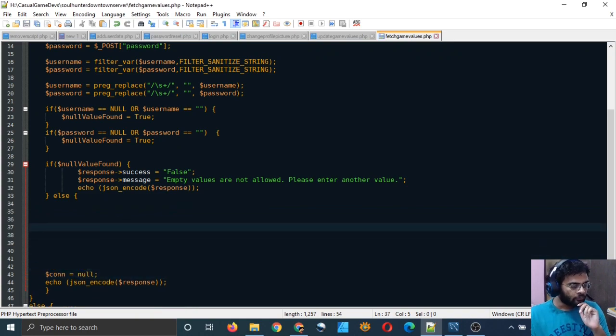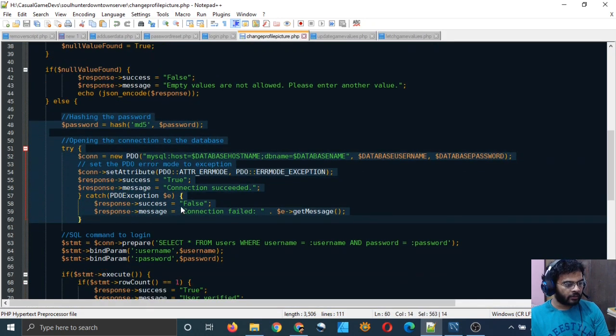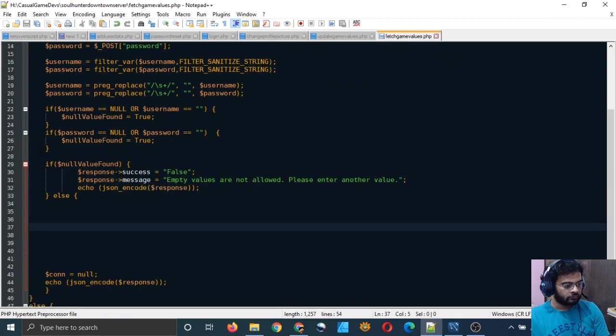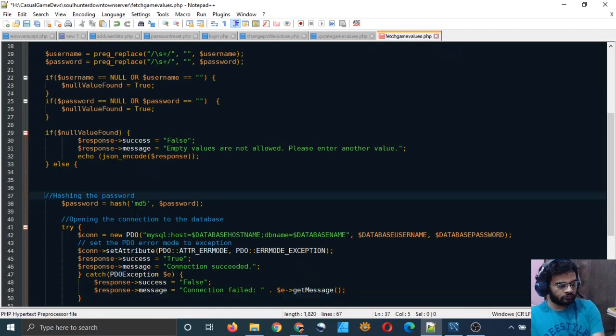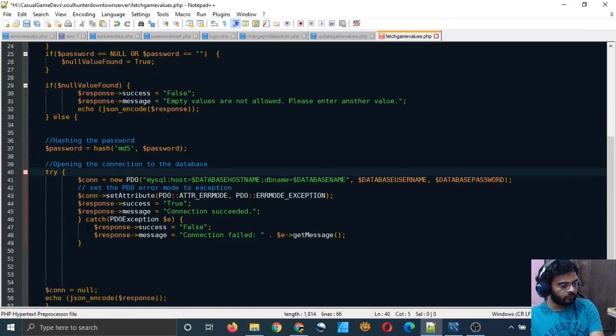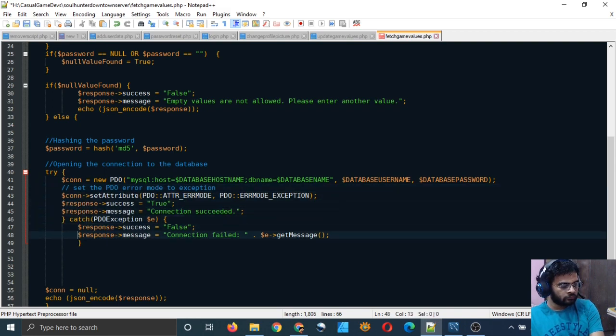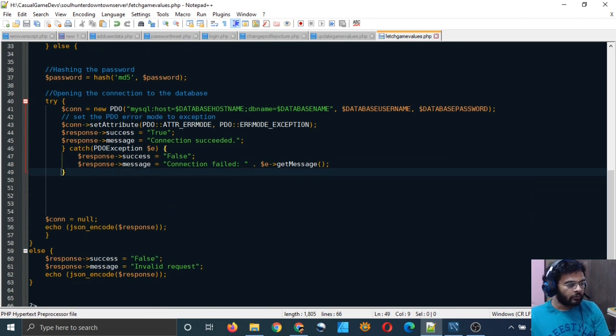So now we have to hash the password. I have to open a connection to the database. Let me indent it properly. So yeah, that looks good.